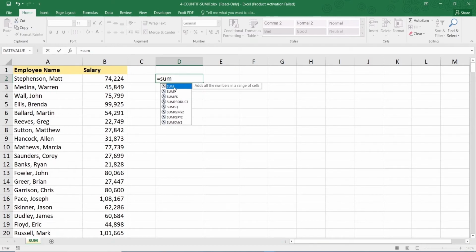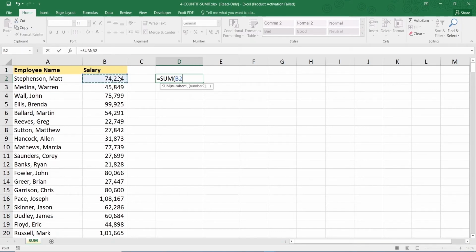All right, so you can either double click on that function, or once a particular function that you want is highlighted, you can scroll with your keys or just click on it once. You can simply press tab after that. Okay, you press tab and the function is entered in the cell. Now what you have to do is you basically group all the numbers that you want to apply this function on. That's the thumb rule of any function in Excel. So we want to find the sum of the salaries of all these employees. Okay, so let me just start by selecting one cell.